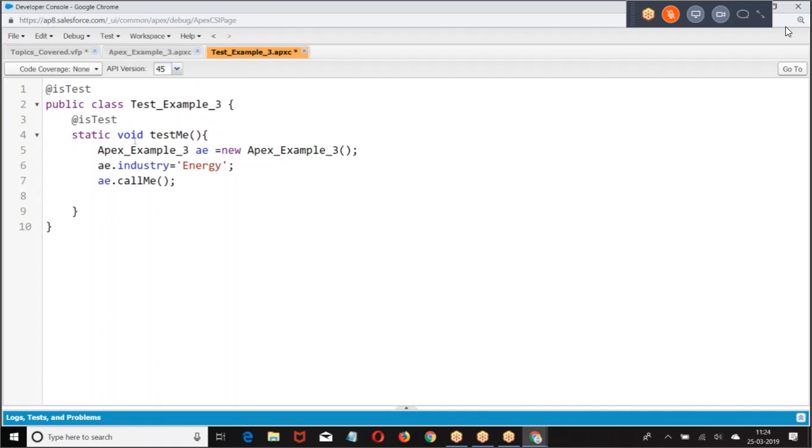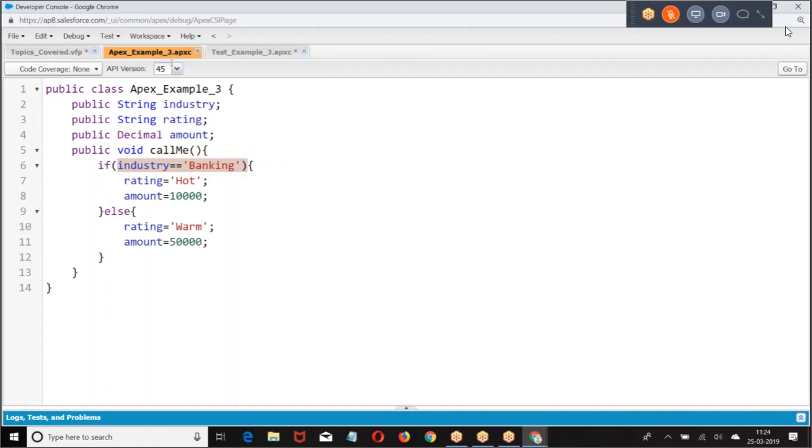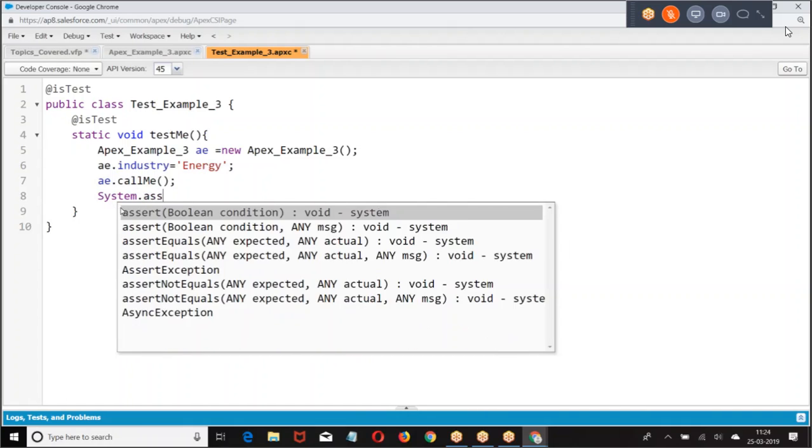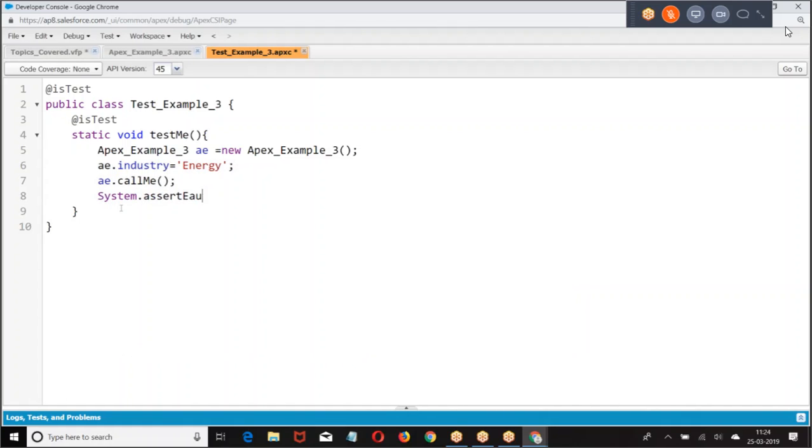If industry equal to energy, the condition is verified. If industry is not energy, the condition is false. Rating should be warm, amount should be 50,000. If the logic is running properly, system dot assert, warm,